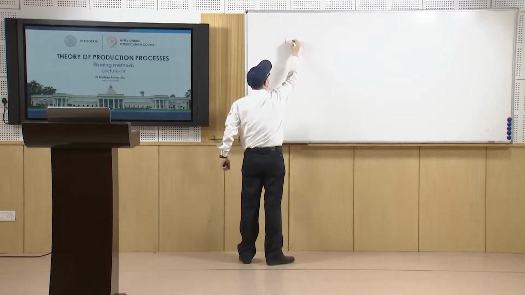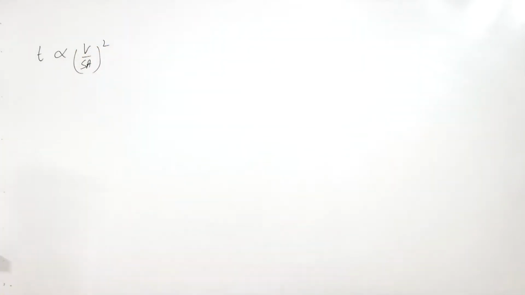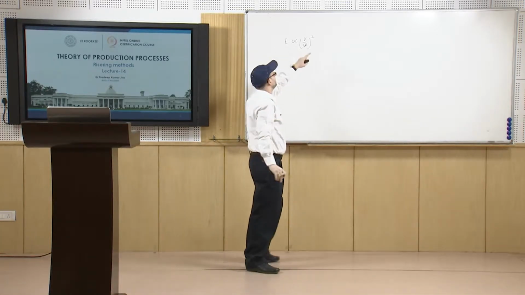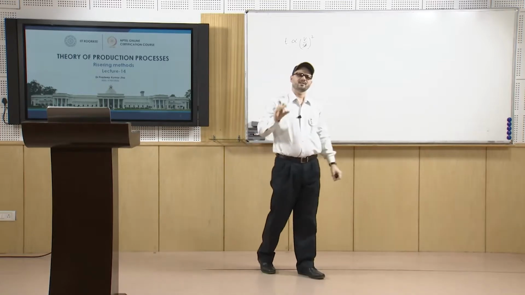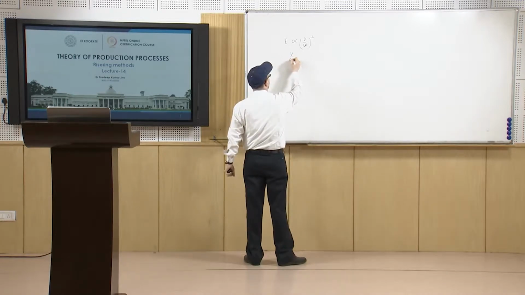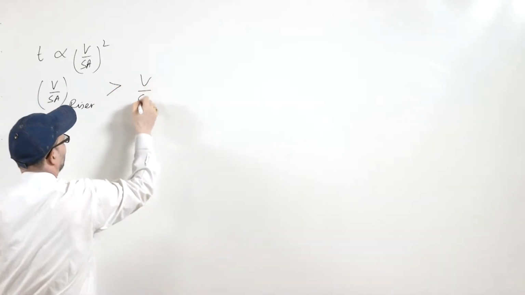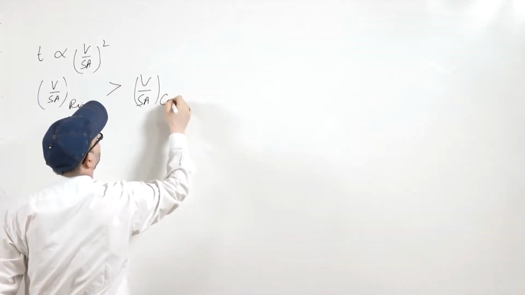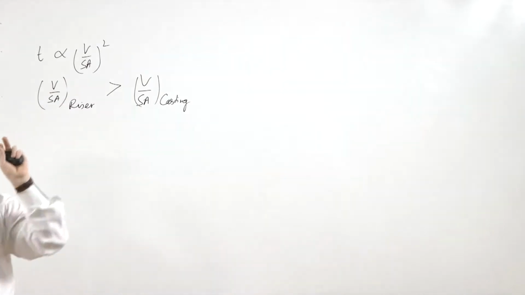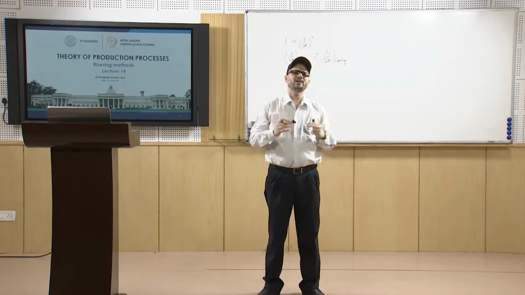We also discussed that for the riser this T should be higher, meaning the V by SA for the riser has to be more than V by SA of the casting, because the riser must solidify later than the casting, then only the riser will be able to feed the liquid metal